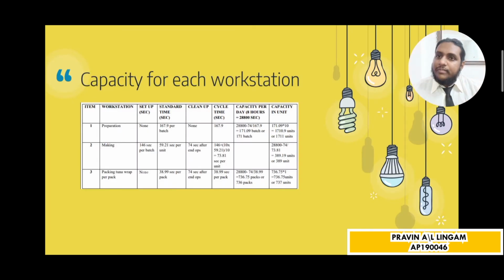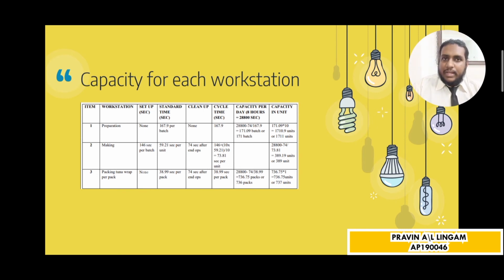Okay, so this is the capacity for each workstation, and the capacity for preparation is, we take 8 hours, which is equals to 28,800 seconds minus 74, then you divide by 167.9, then you will get 171.09 or 171 batches. Then the capacity for making is, we take the same 28,800 minus 74, this time we